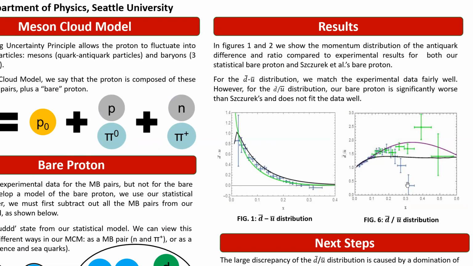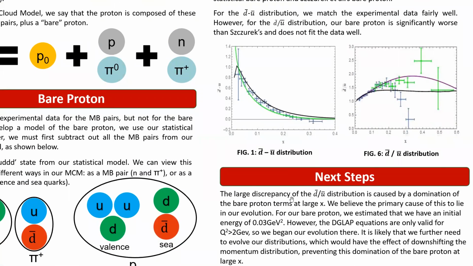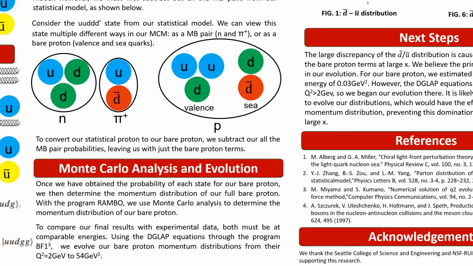However, you can see right here in the blue, these are fairly old experimental results, while in the green, these are new experimental results that are hopefully going to be released in a Nature paper in a couple weeks. But these are preliminary, and there is quite a bit of discrepancy between them. So we're not quite sure how our model even stacks up to the experimental data. However, one thing we do know is that our bare proton term is dominating way more than it should compared to these Meson-Baryon terms. So our next step is to work a little bit more with this evolution step to bring it from lower energies to higher energies.